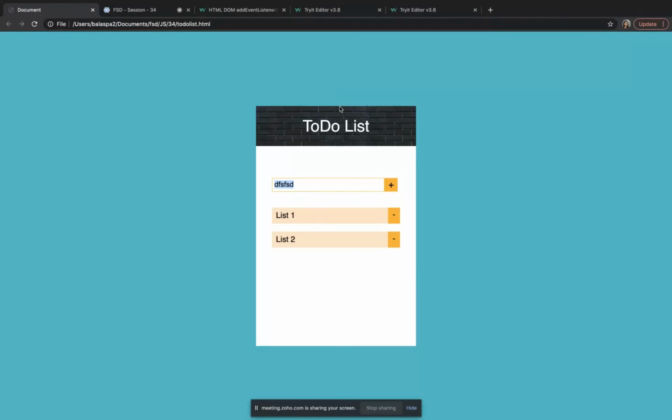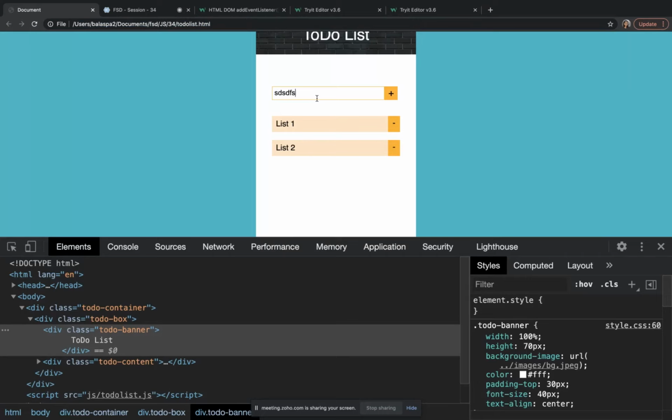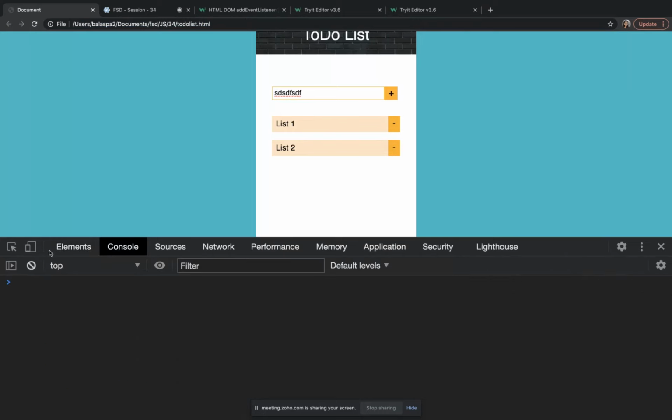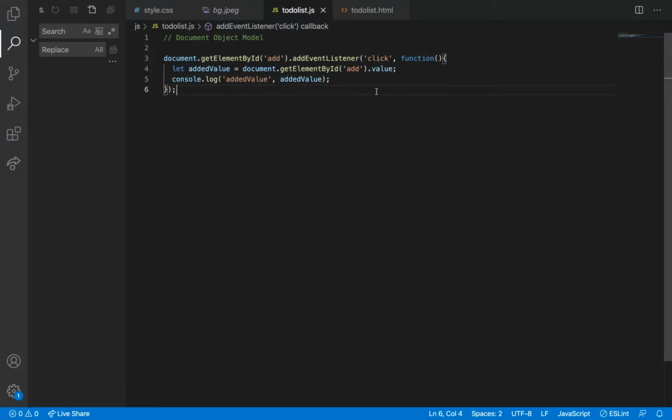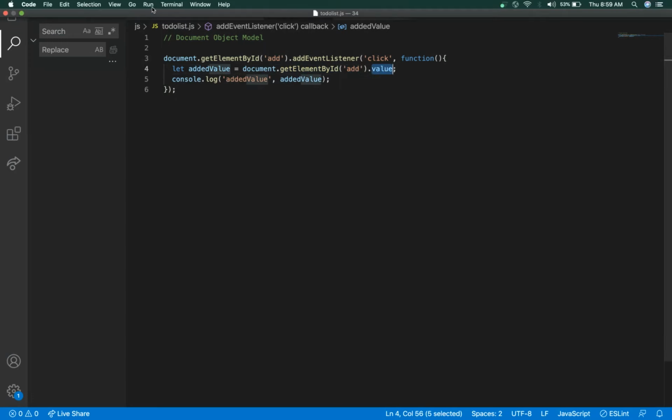So let me see once whether it is working correctly. Whenever I'm clicking on it, now document.getElementById of add and then value.